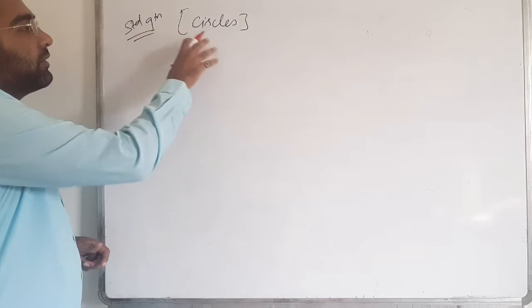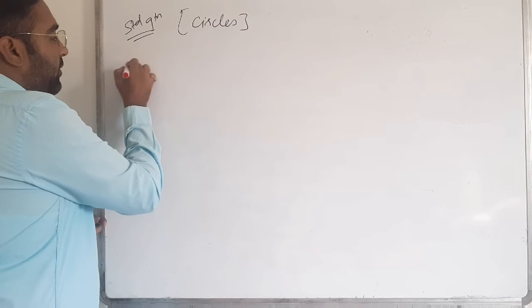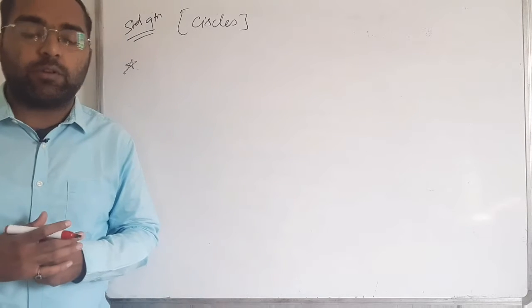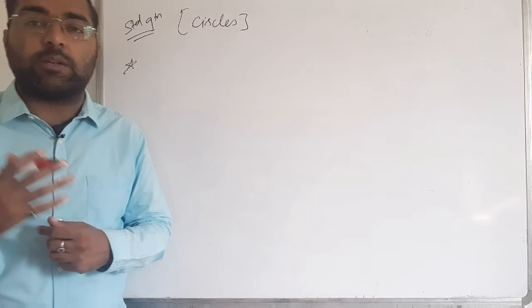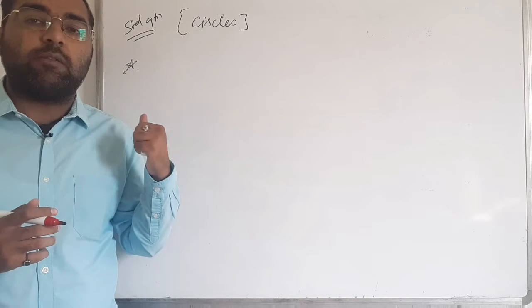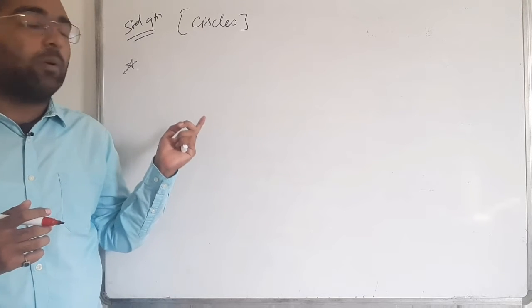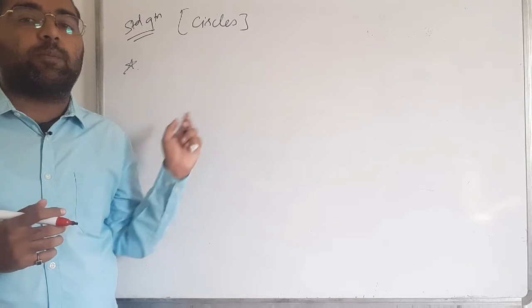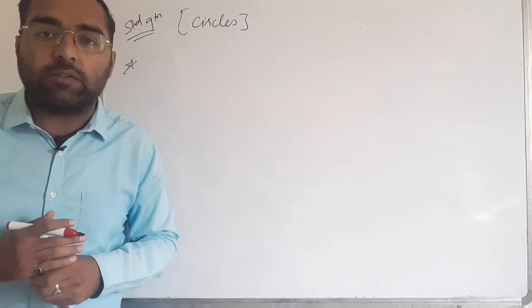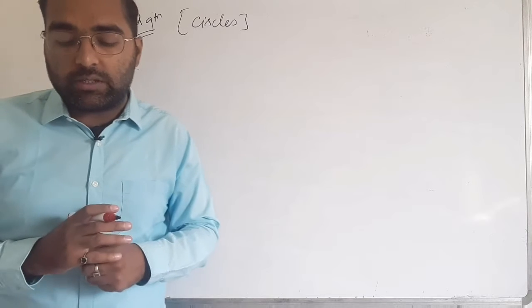Standard 9, chapter number 10, circles, and we are moving on to the extra revision questions. They help with extra understanding of chapter number 10. As per the previous session, this is one of that kind of question: using the circle, we have two chords and we have to find the radius of the circle. Same kind of question, but with a little bit of change.